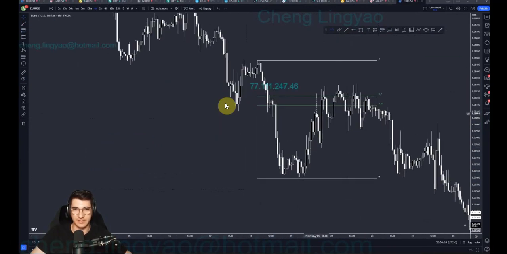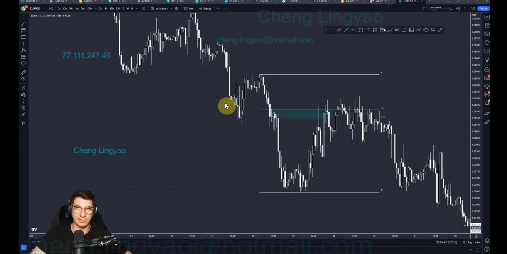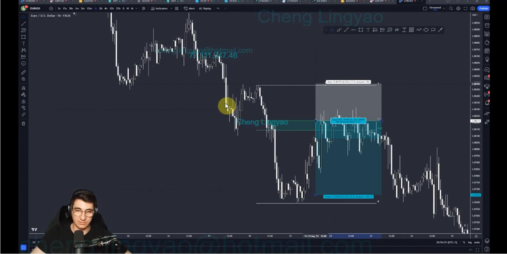So price starts to come back. Here we see we will have the zone where price basically broke down. So that's a flip zone. We can mark it. And now because it's the 1 hour time frame, we don't just enter directly. We can place a sell limit at 0.7 and then have the stop loss here at the 1 level, but